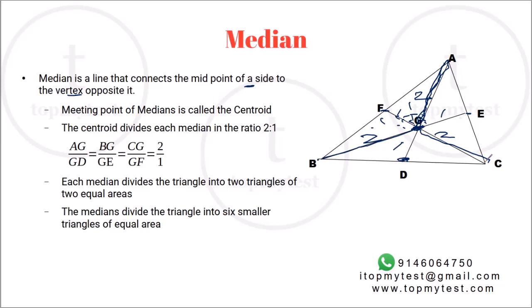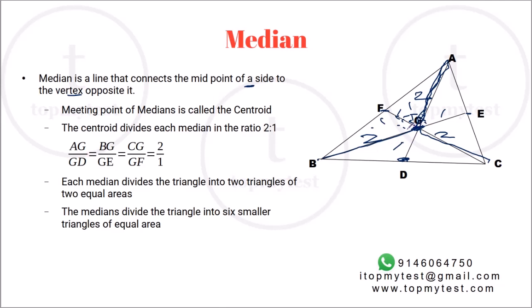As an exercise, you can try to prove this. It's a pretty nice proof. You will have to use similarity of triangles and properties of median, centroid, etc. Try to do it on your own, and if you cannot, you can find it in most texts. You can find it on Wikipedia as well. It's a pretty useful property when it comes to medians and significant lines inside a triangle.